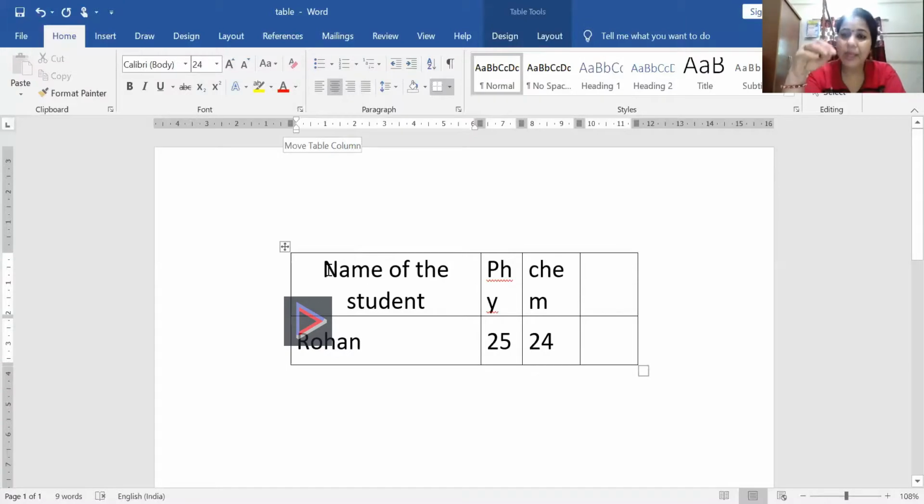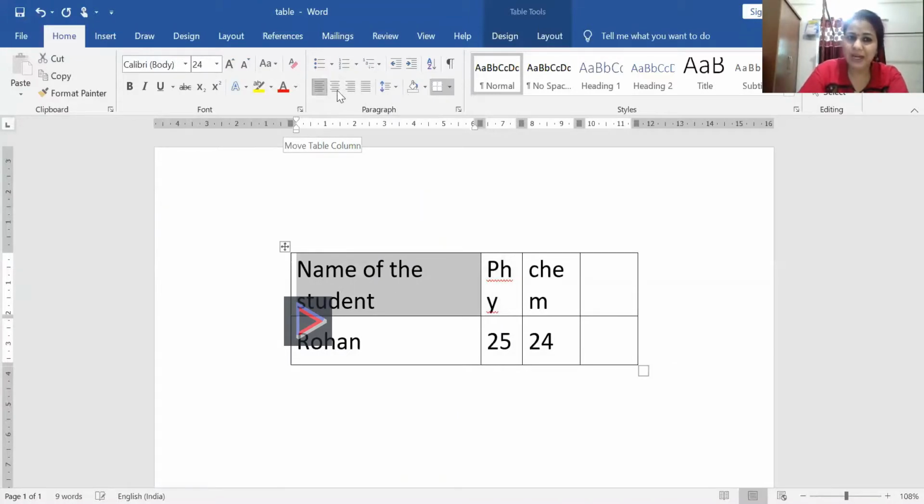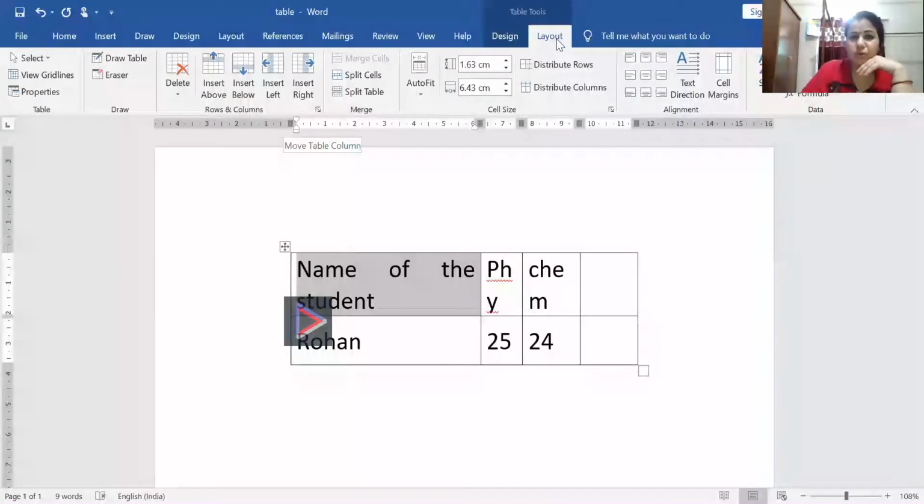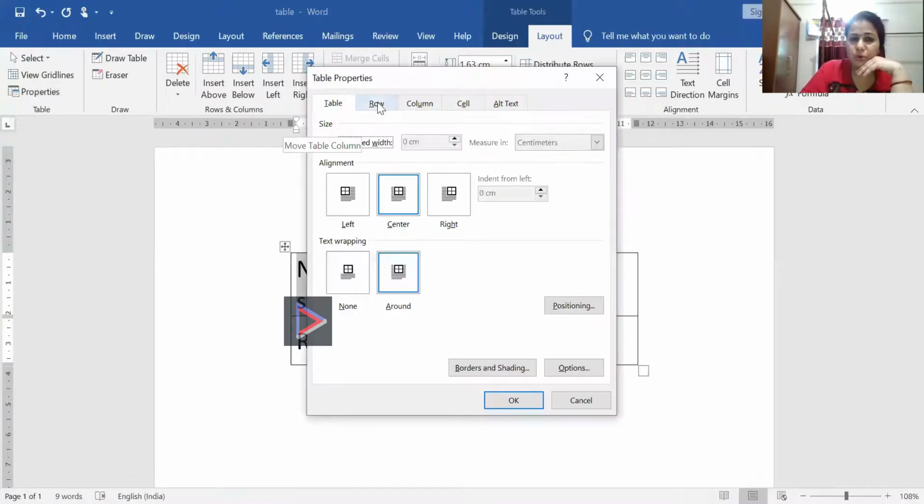Whatever the operation, if you want to align a table, you have to select the table. If you want to align the text, then you have to select the text. So first I select the text. All of you just look here, I'm selecting the text. Then left alignment, right alignment, center alignment, from the Home button, the Paragraph options. From there you can do it. Another option, you can go to the layout, then properties, then row, table, and then table tools, layout, then specified alignment you can do.